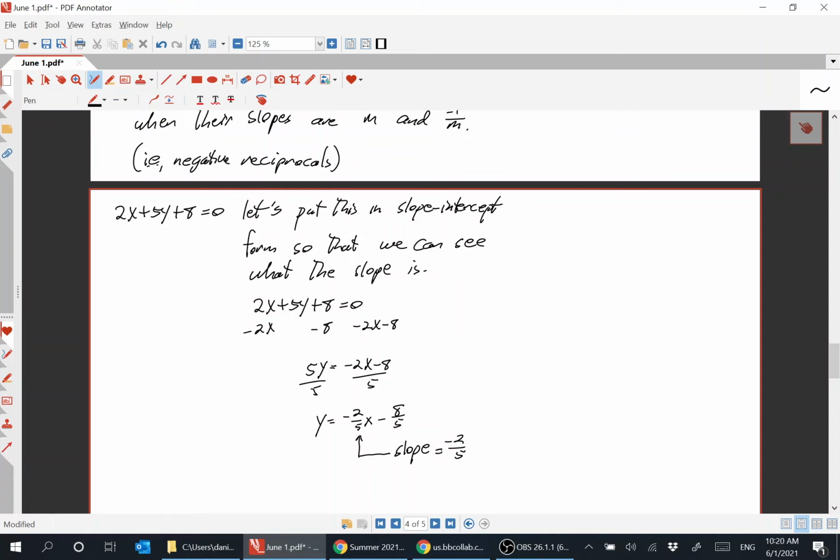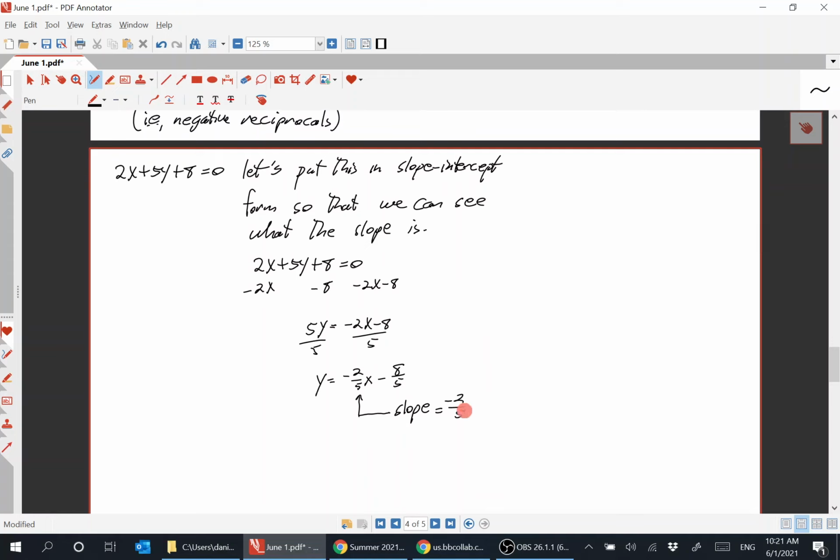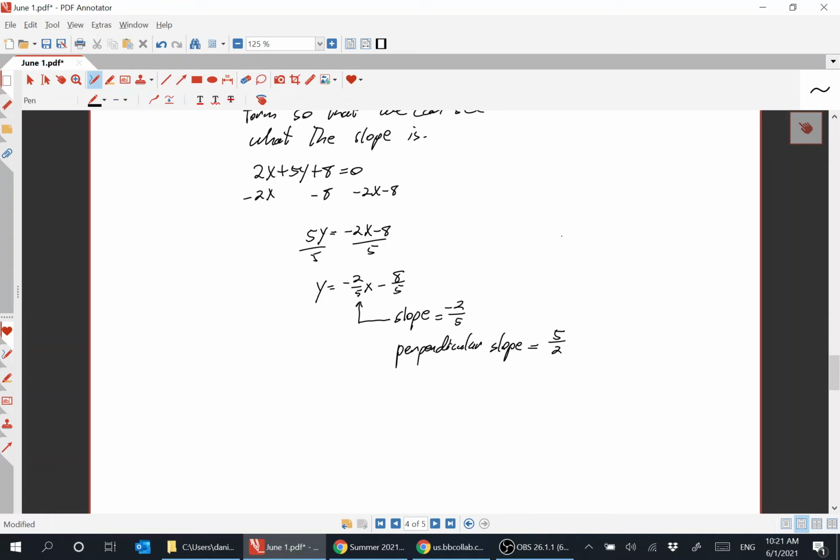So the perpendicular slope is what? What is the perpendicular slope? 5/2. Yeah, 5/2. So the perpendicular slope is equal to 5/2. So the line we're looking for, going back to the point slope form,